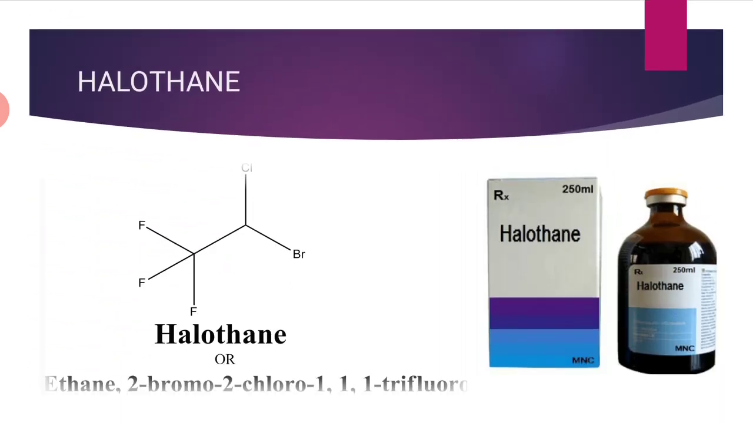Then our first agent is halothane. Here is the structure of halothane given over here. The chemical name is 2-bromo-2-chloro-1,1,1-trifluoroethane, or we can also pronounce it ethane 2-bromo-2-chloro-1,1,1-trifluoro. So properties of this halothane are: it is a colorless mobile volatile